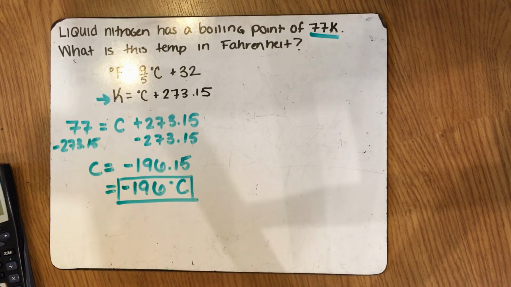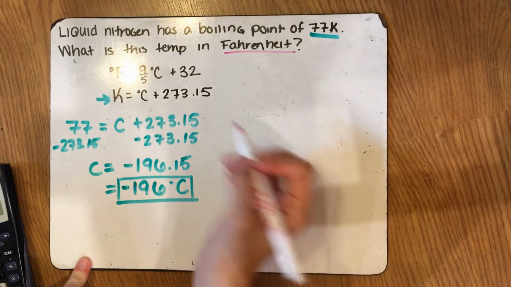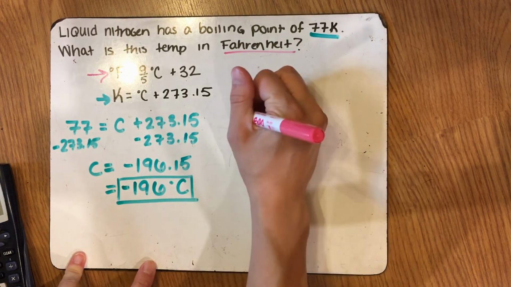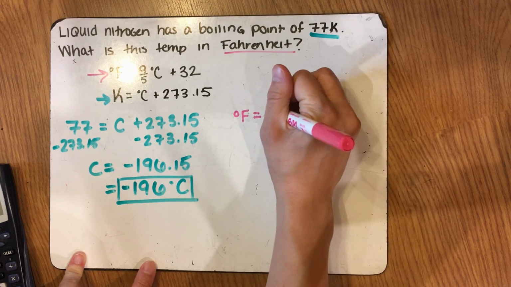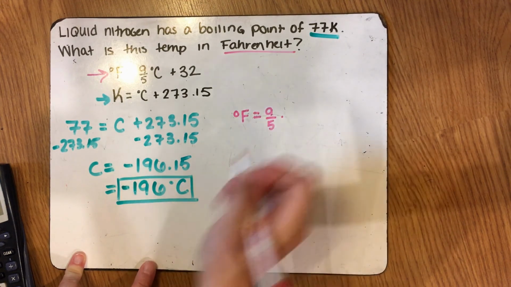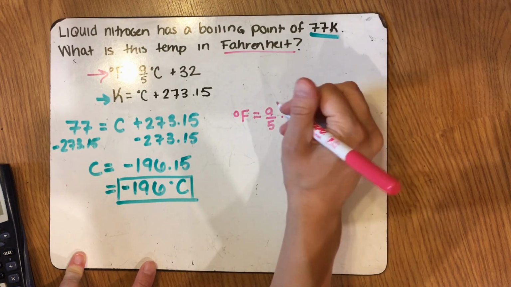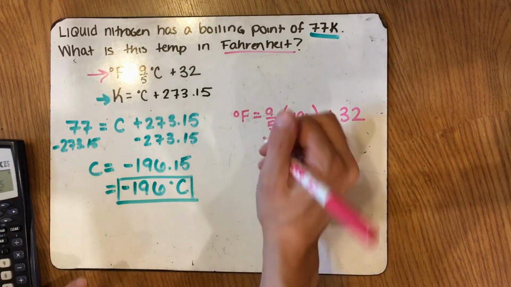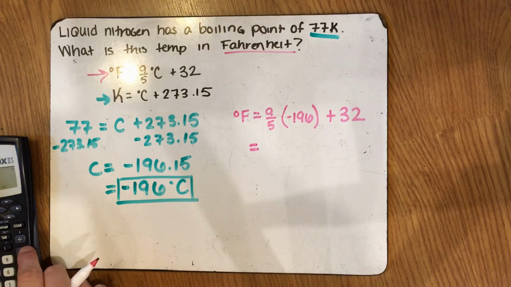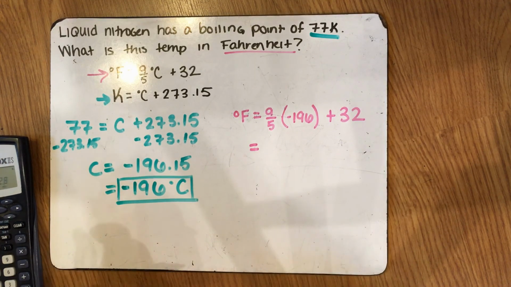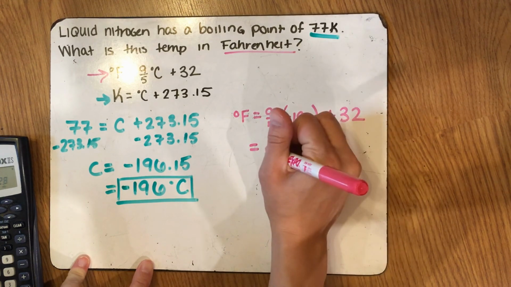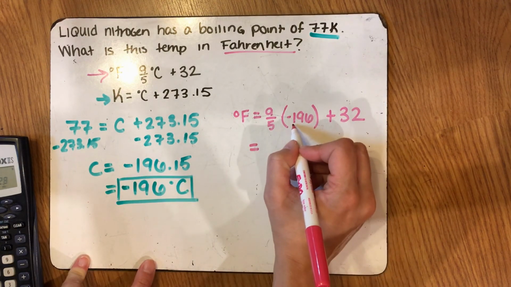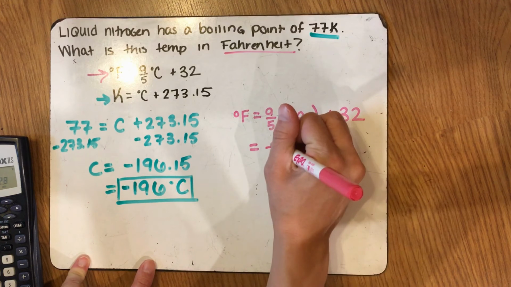But we're not finished because the question asked us for Fahrenheit. So we need to use this second equation. So in this case, we're going to solve for degrees Fahrenheit by plugging in the answer we just got, negative 196. So we're going to do negative 196 times 9/5. That's our multiplication and division step. So we wind up with negative 352.8. However, this only has 3 sig figs, so I'm going to round that to 3 sig figs,